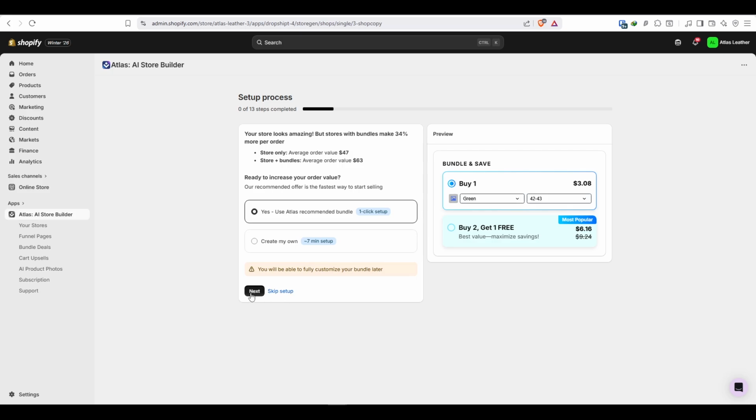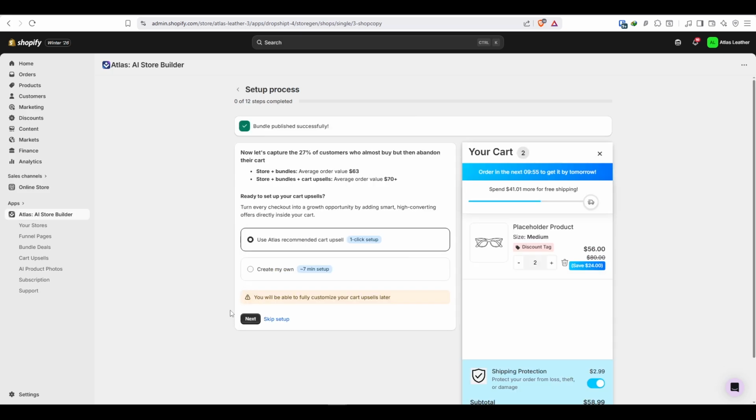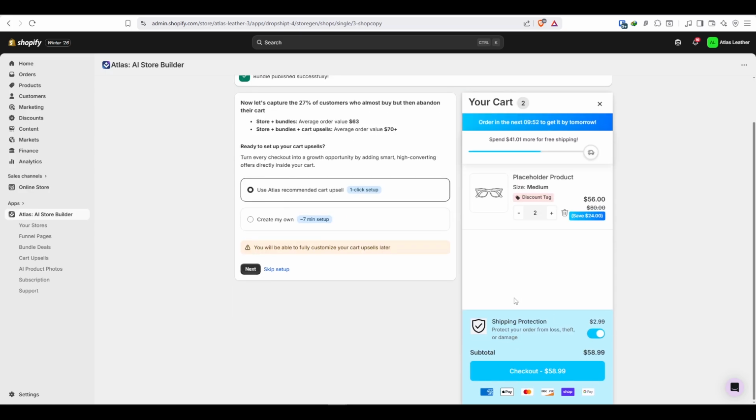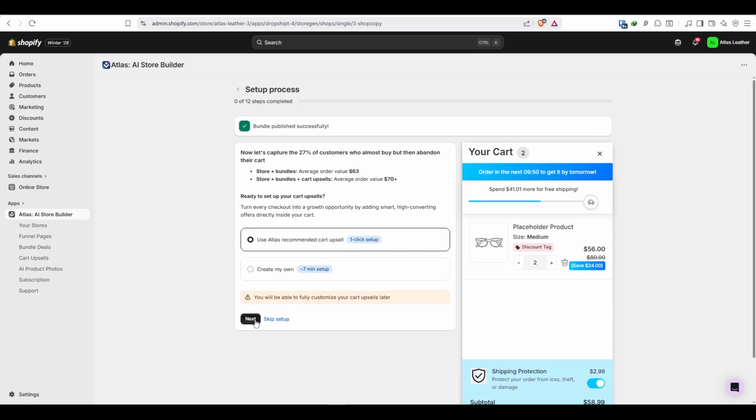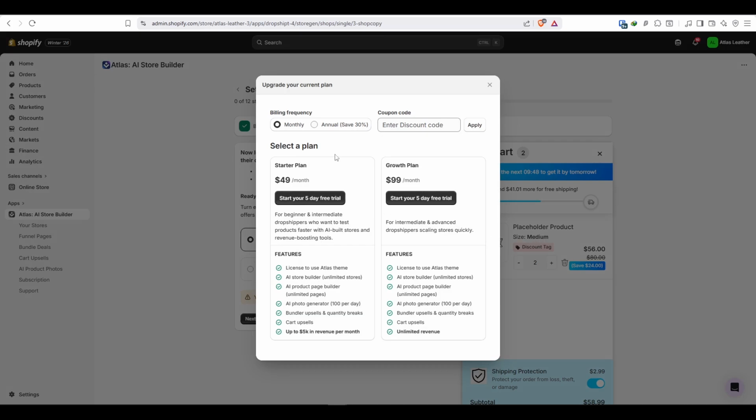We can skip this step as well. It totally depends on you. Click on next. And this is the cart section where we can see the checkout page. Looks pretty cool. We'll click on continue. Of course, you can edit it out and, you know, skip all of this as well. And then you finally